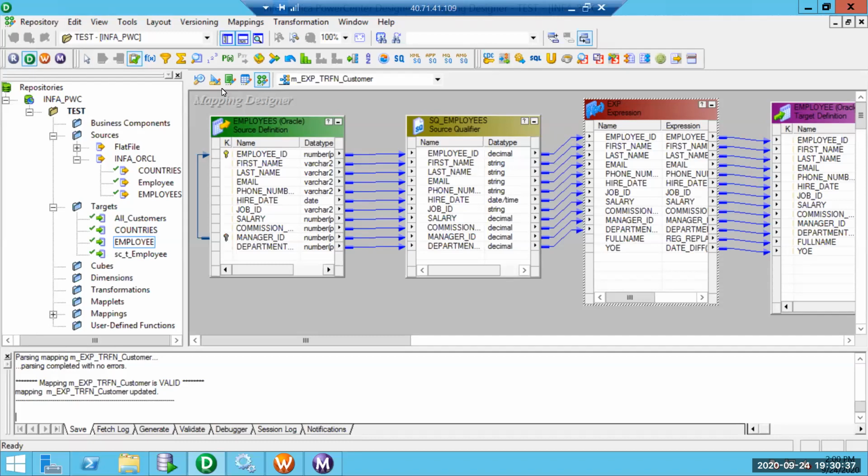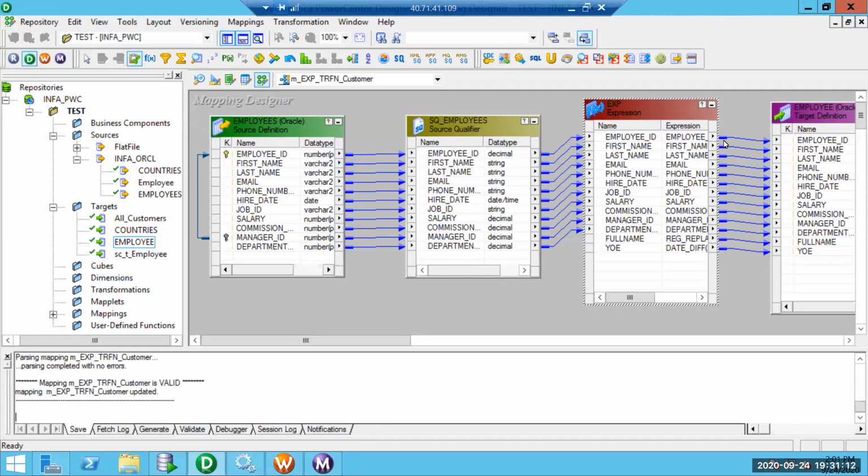So today we are going to look at how to make use of upsert functionality in Informatica without using update strategy. The intention is that we are going to insert as well as update data without using update strategy. Usually if you want to insert data in multiple flows, we don't require any transformation as such, but when we want to perform multiple operations, we have to go for some update strategy sort of a thing.